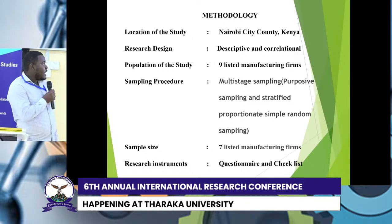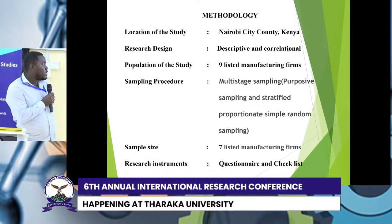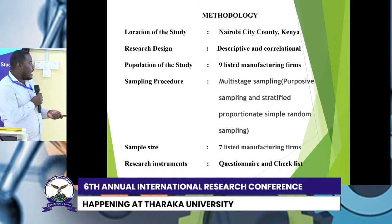And then the second type of sampling, we used a stratified proportionate simple sampling method to get the number of employees that we were supposed to interview in the 7 purposively sampled firms. And I think the number of employees that we sampled were 93. The research instruments used were the questionnaire and the checklist,